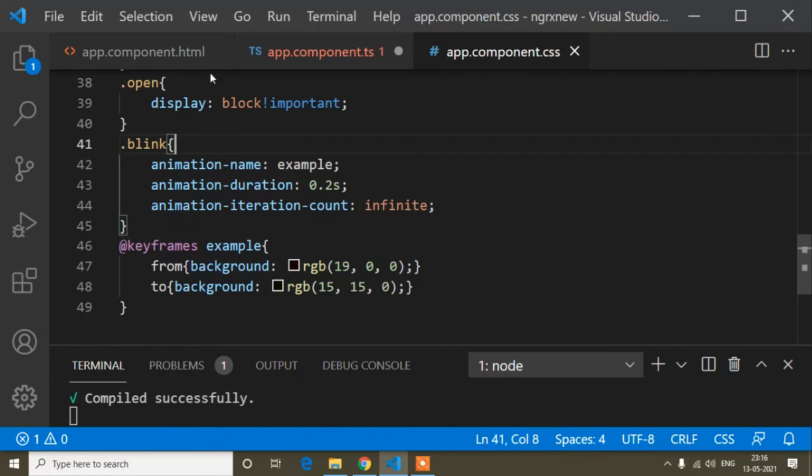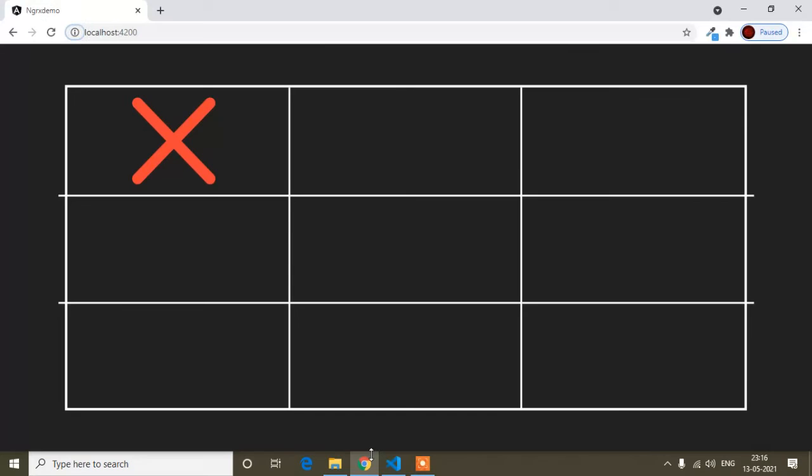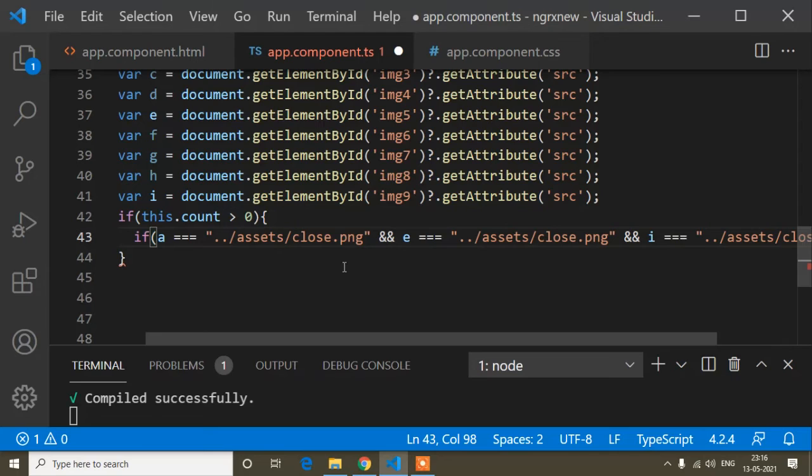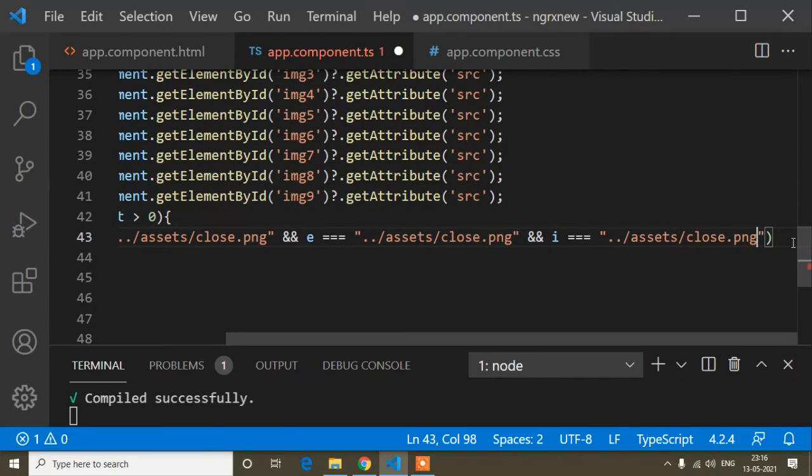Okay, so that time when this square box will be matched, that may be the close, cross or 0. So when it will be the match, so that time I have to blink this square box. Okay, so that's why here I have written this one.